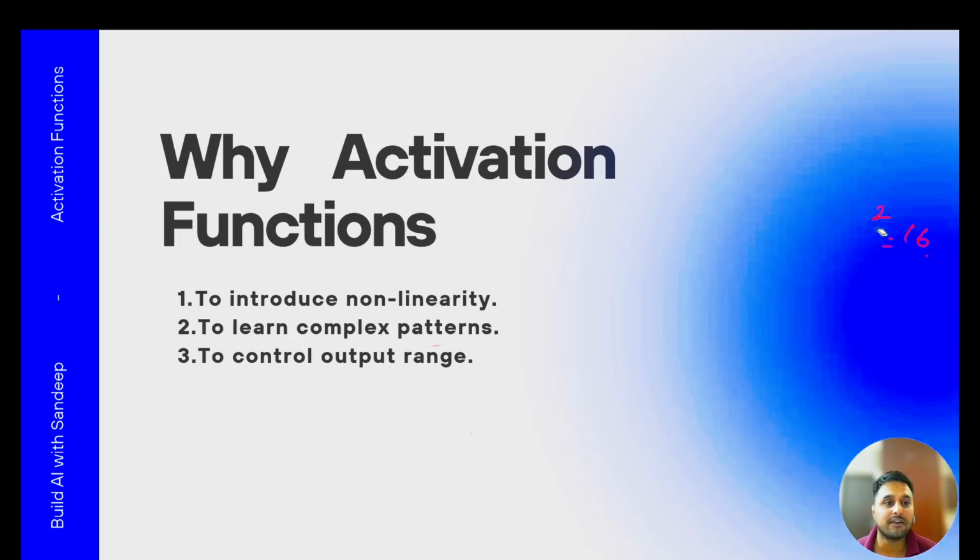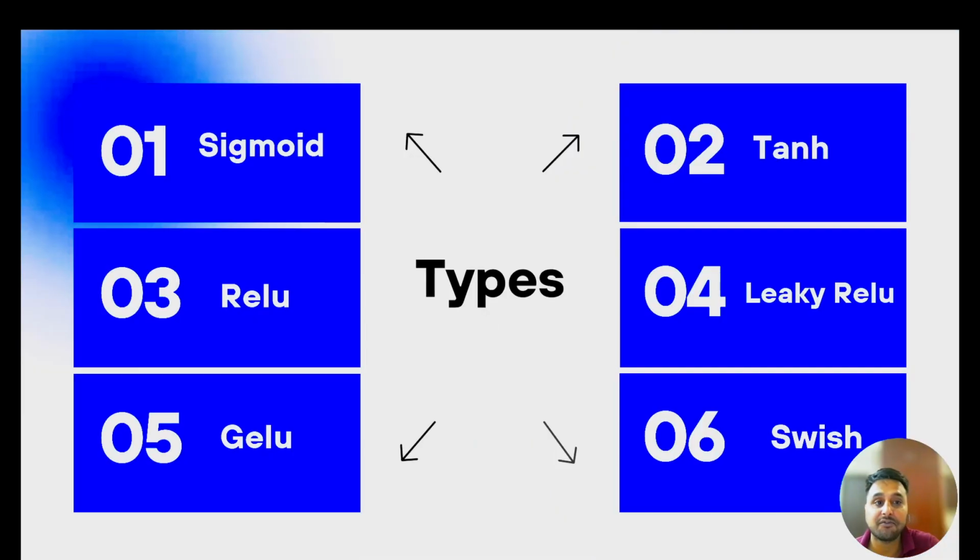Now let's see what the different types of activation functions are. There are a lot more activation functions, but right now I took the important ones. The first two are the basic ones, Sigmoid and Tanh activation functions, and these two were very popular in the early stages of deep learning. And after that,